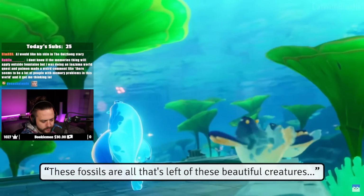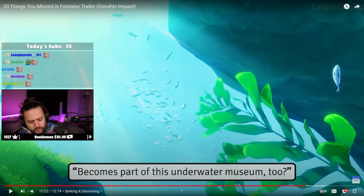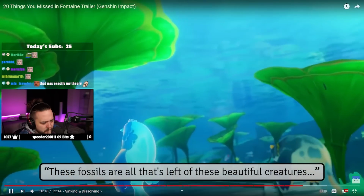Also in the trailer... These fossils are all that's left of these beautiful creatures. I wonder how long before the rest of the world becomes... Come. I didn't mean to unpause it on come. These fossils are all...